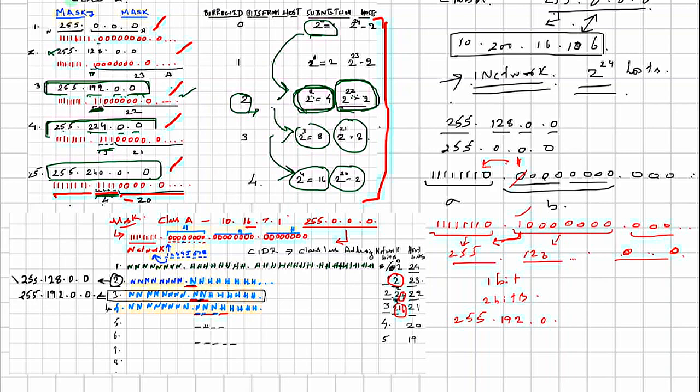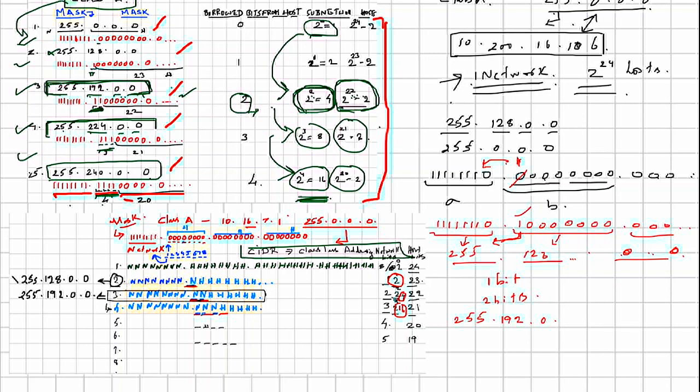Since more networks are possible, this kind of subnetting is called CIDR mode of subnetting. This is called classless inter-domain routing, CIDR. This is called classless addressing. So there is no class here. With class A, we have just borrowed bits from the host portion, and because of this we got networks here. So let us take an example here.